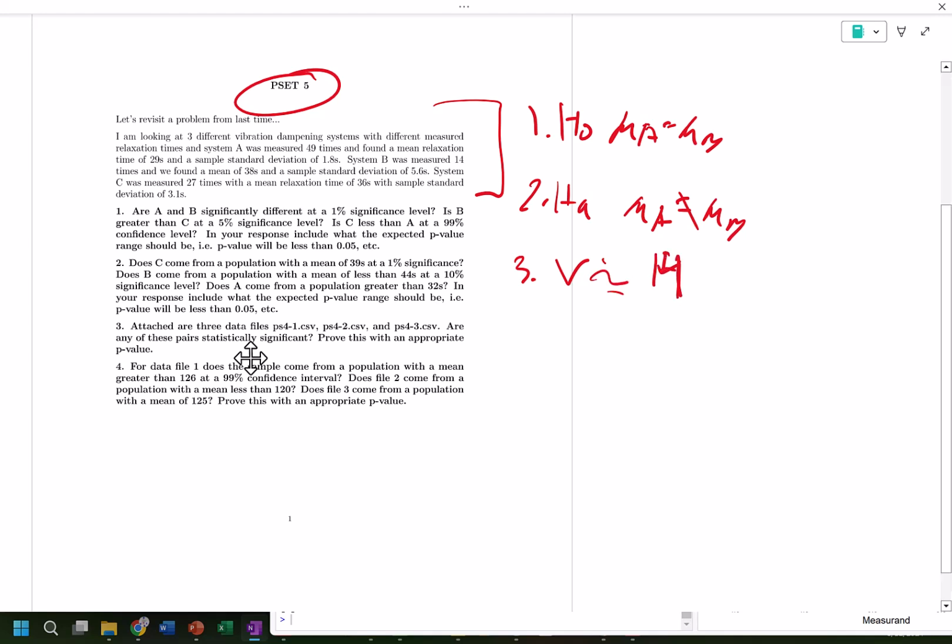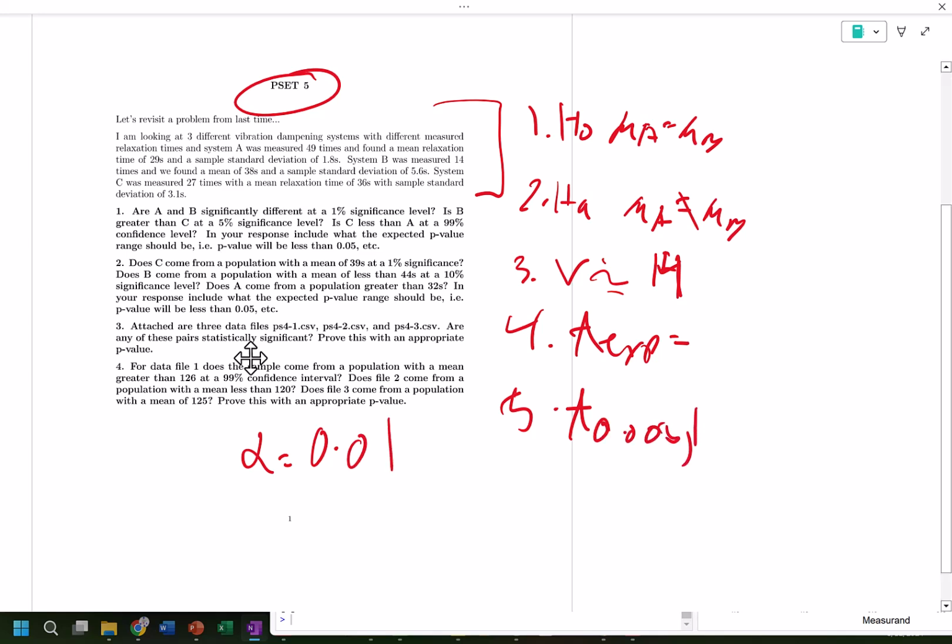So, fourth step, what is our T experimental? And then the fifth step is T critical. We're looking at a 1% significance level. Are they different? So our alpha is equal to 0.01 divided by 2, so 0.005 of 14.